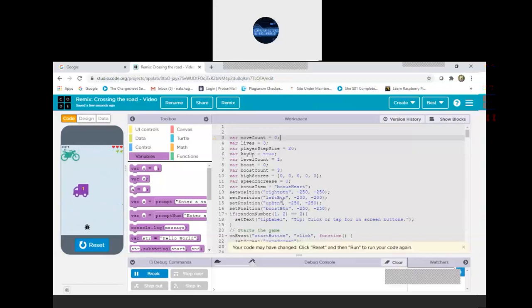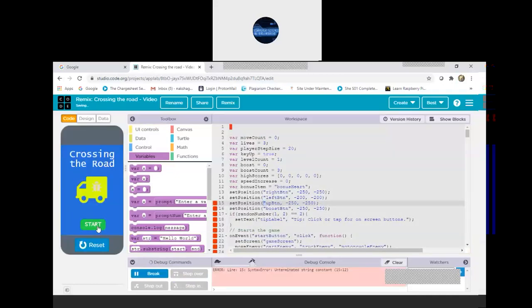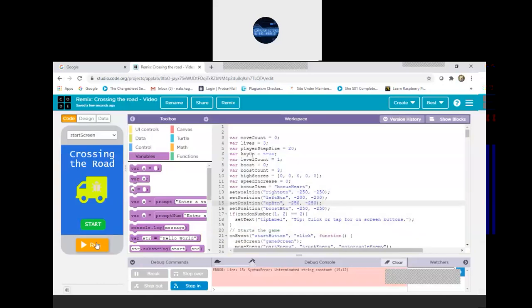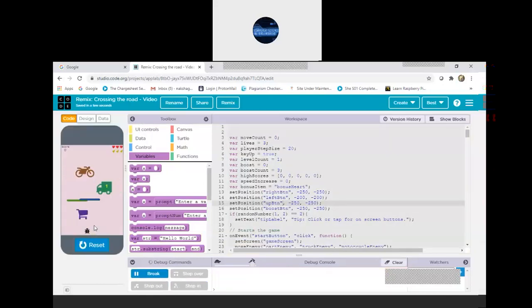See here, even if you have not written this, when you minus, all reds have come, and also the game will not work. The game is not starting, you can see. So each and every thing should be there when writing the text. See, now it is okay. Now when I run, it will work properly.